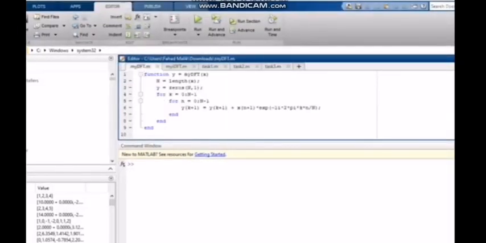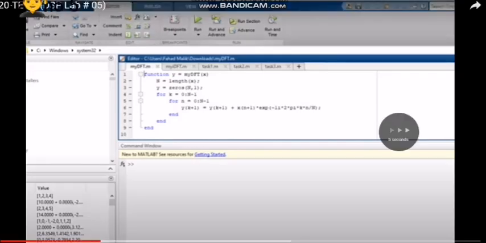First we build a function y = myDFT(x), n = length(x), y = zeros(n,1) is the zeros of the output, and we apply the loop for k = 0 to n-1, for n = 0 to n-1, and the three ends close the brackets step by step. So when we make our function and store it,